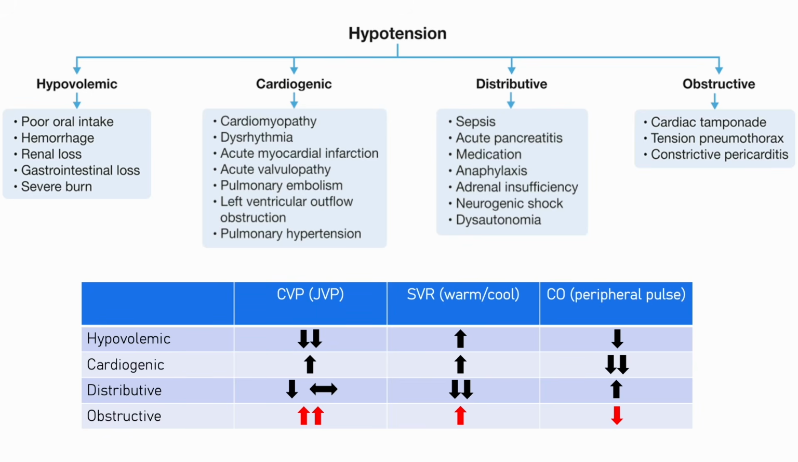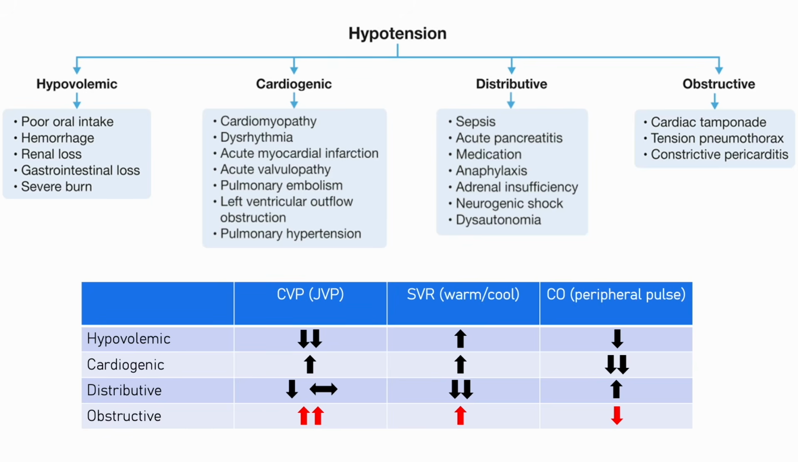Fluid in the pericardial space compresses the heart and limits diastolic filling, leading to elevated venous pressures and reduced cardiac output. A tension pneumothorax can have a similar effect by increasing intrathoracic pressure, compressing the great veins and heart, and impairing venous return. And in constrictive pericarditis, a rigid pericardium restricts cardiac filling, leading to chronically elevated venous pressures and